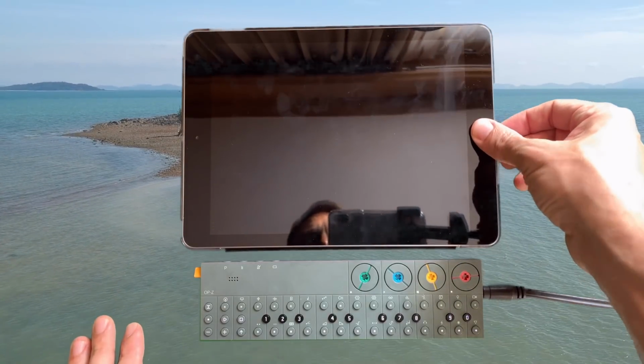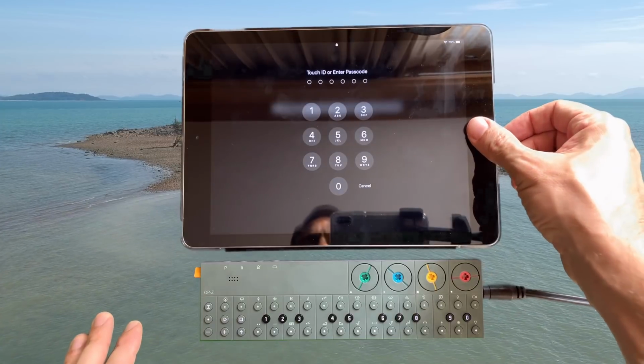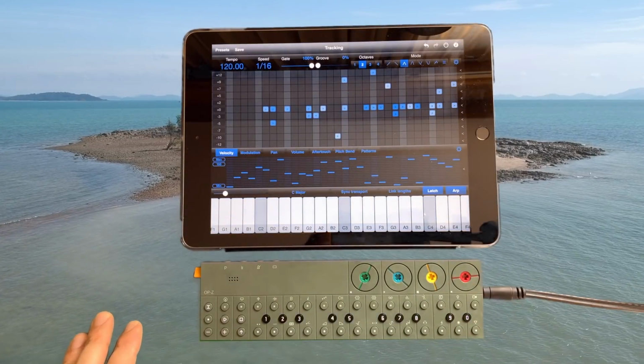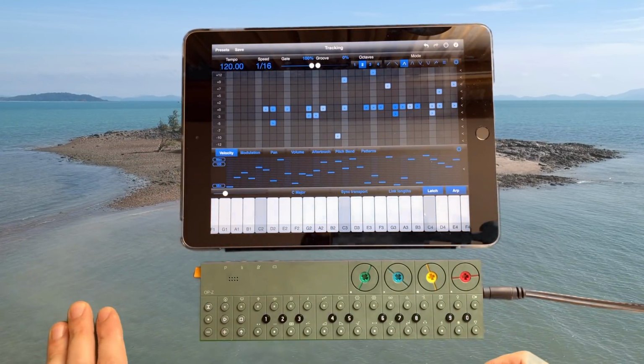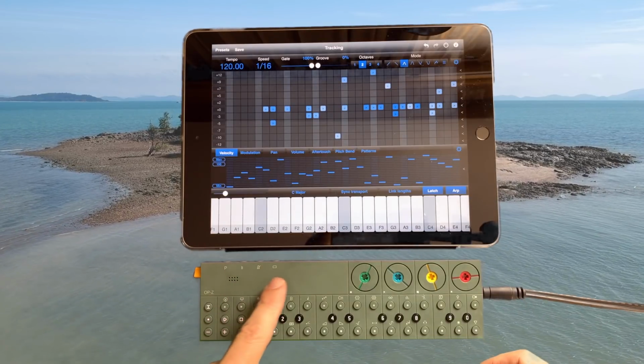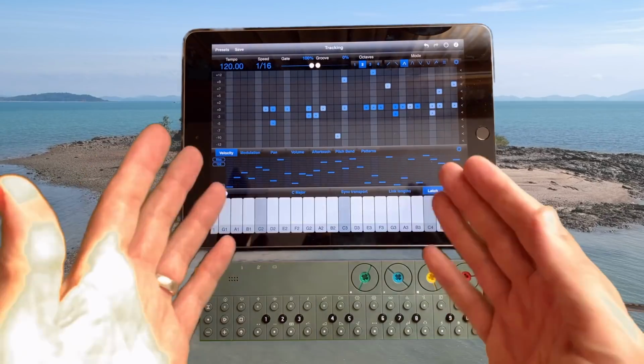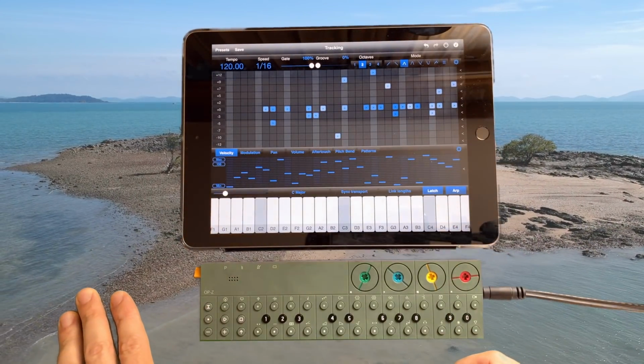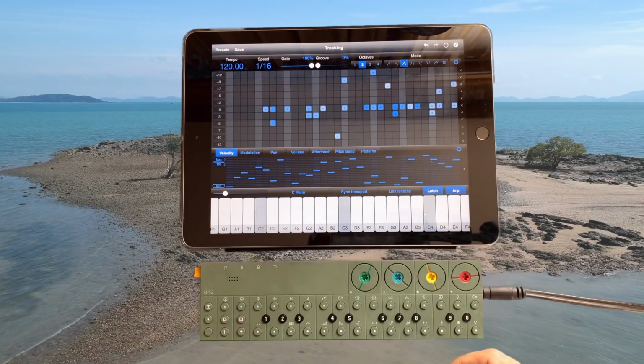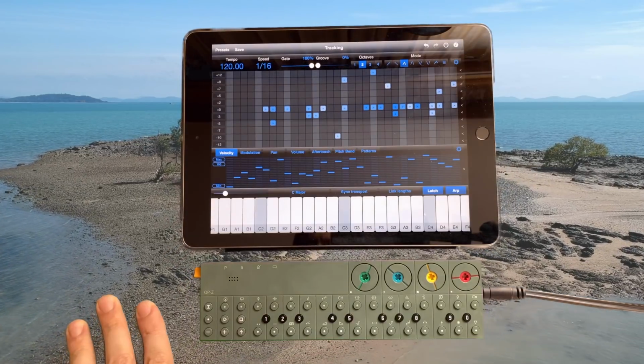Today I'm going to use the iPad to trigger some notes via the Step Poly Arp application and have that connected to the OPZ over MIDI, and just use this as a way to generate some notes that I can record into the OPZ that I don't play myself. Then I'm going to